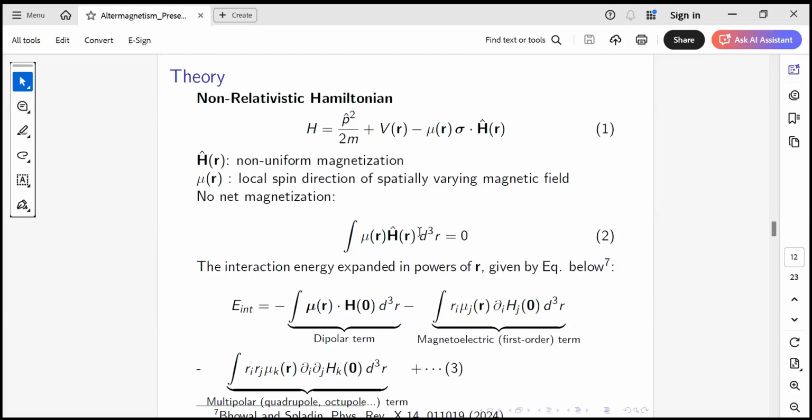But in our case, in altermagnets, there is no magnetic field, so there is no spin orbit coupling. So this band splitting comes without the spin orbit coupling. Generally, in theory, band splitting comes under the influence of the spin orbit coupling. But here, we do not have any spin orbit coupling. So this we have to understand.